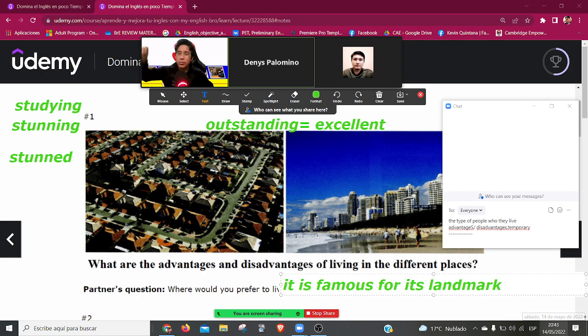Por ejemplo, al Perú se le conoce por Machu Picchu, Cusco. So Cusco is a landmark. ¿Ya? Por ejemplo, tú cuando vas a London, ¿dónde vas? Al Big Ben Tower. ¿Por qué es famoso London? Because of the Big Ben Tower. Or maybe for another place. You see my point here? Can I translate by centro turístico? Algo así? Something like that? No, because you know that place because of that. Tú conoces el lugar solamente por eso.